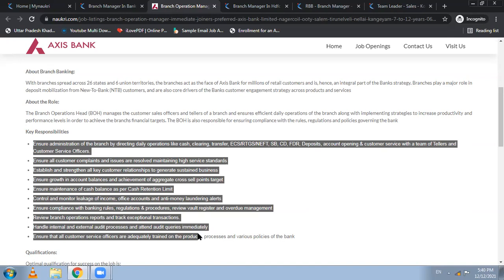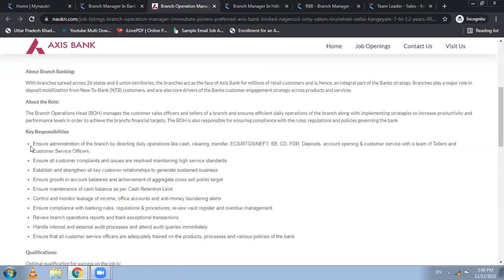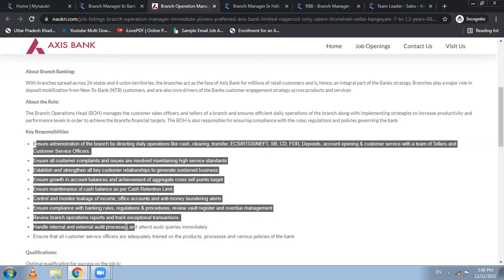Be it HR manager, HR executive, data analytics, whatever profile you are applying for, it's always ideal that you include some things related to the job description given by a company for a particular role, be it HR, marketing, finance, business analytics, data analyst, data scientist, whatever it is. Your chances of getting the CV shortlisted will be high.